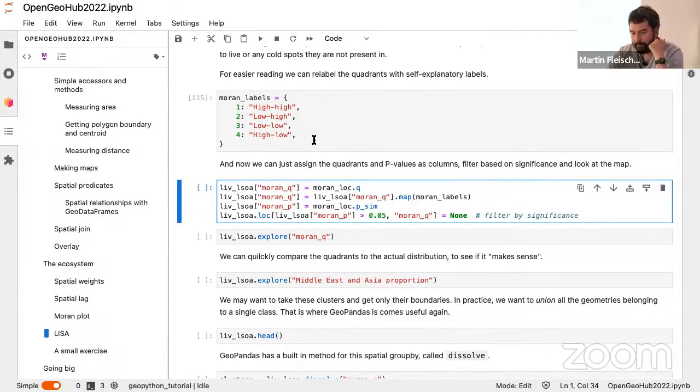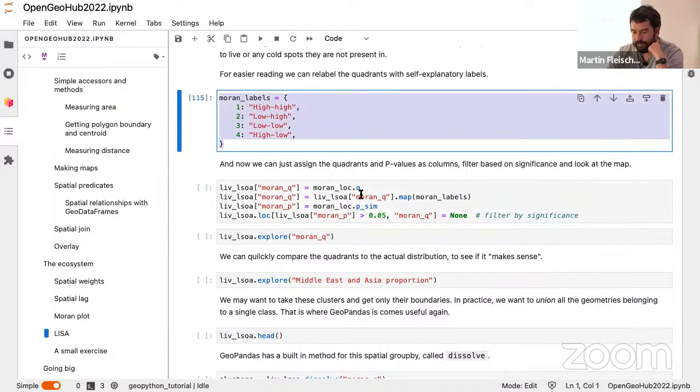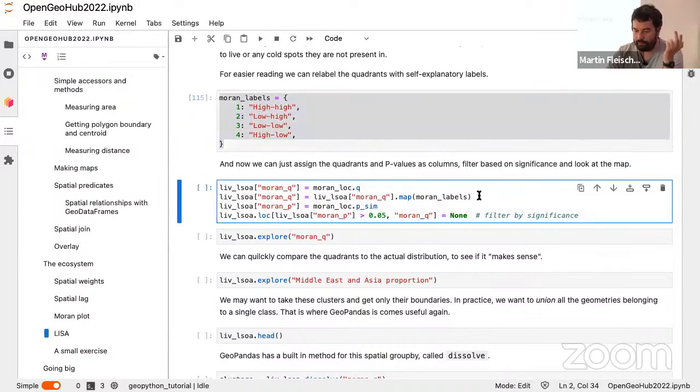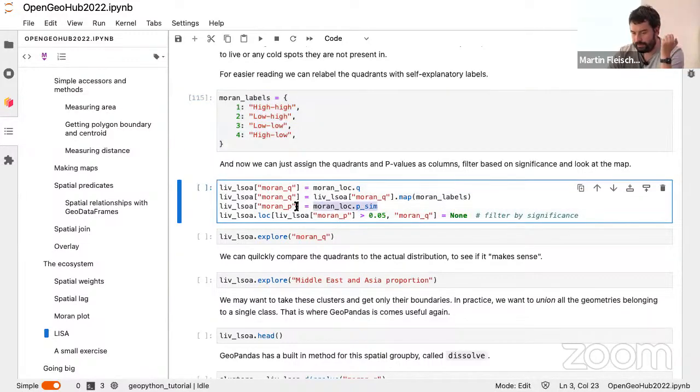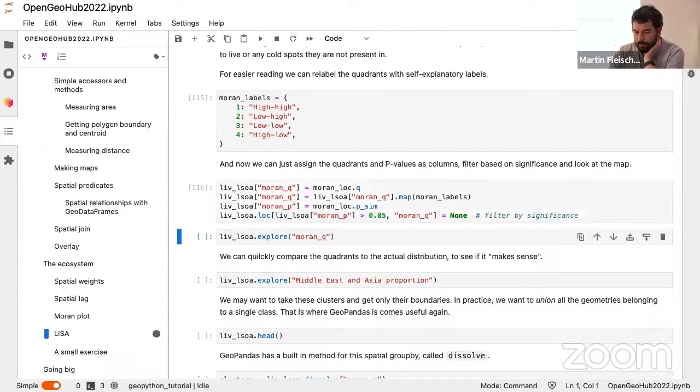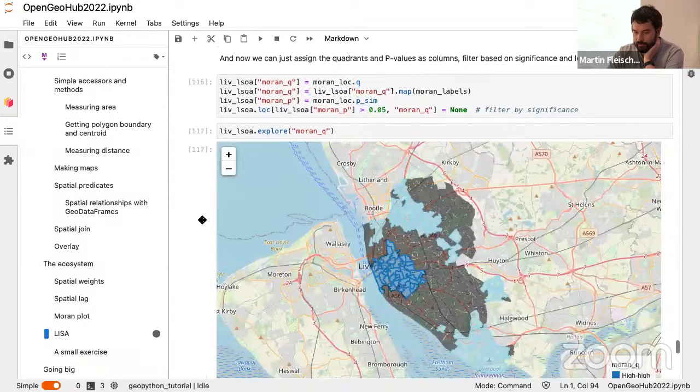I'm gonna map these labels on top of it to replace the 1, 2, 3, 4s with actual labels. I'm gonna also assign the p-value as another column and then use it as a filter to override the labels with none to get rid of non-significant values. And with this, we can plot the Moran